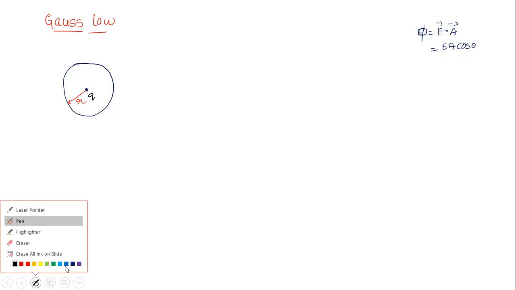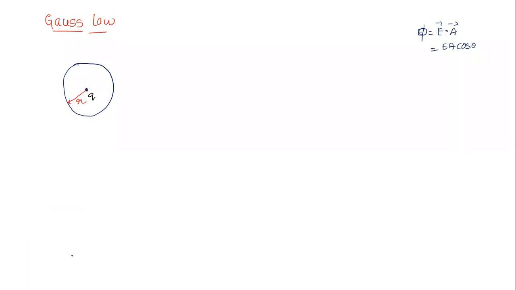Since there is a charge, there are electric field lines, right? And these electric field lines move in all directions in the three-dimensional picture, like I showed you in a diagram of how electric field lines emerge from a positive charge. This is a positive charge. Now I want to find the electric flux through this entire sphere.